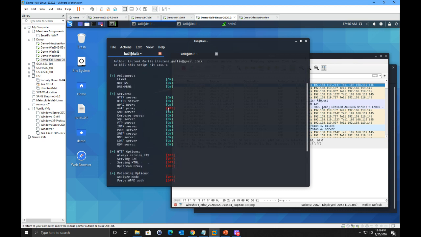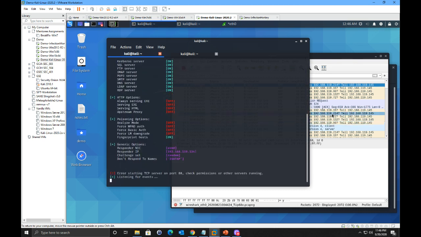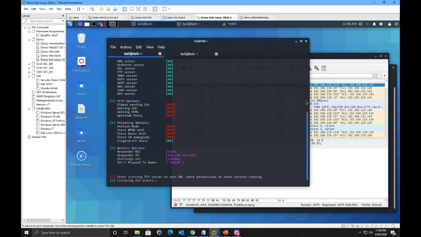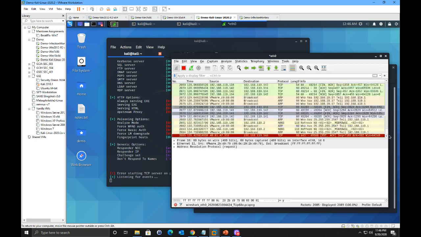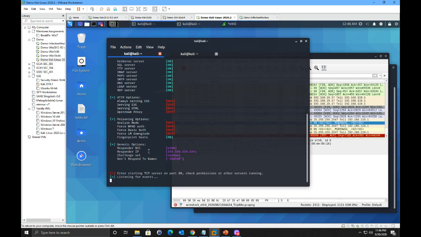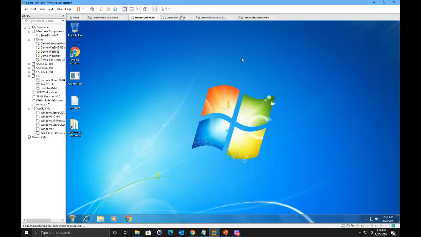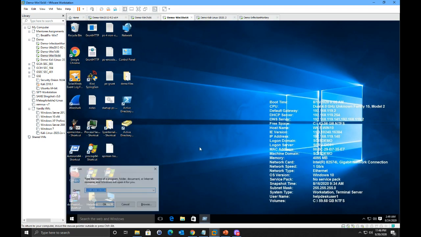And it's responding. It's going to go and inject and poison stuff. It's going to initiate attempts to get everyone to talk to it automatically for us. And NetBIOS name services are enabled. We're listening for events, and nothing's really happening. I mean, I guess we could go talk to